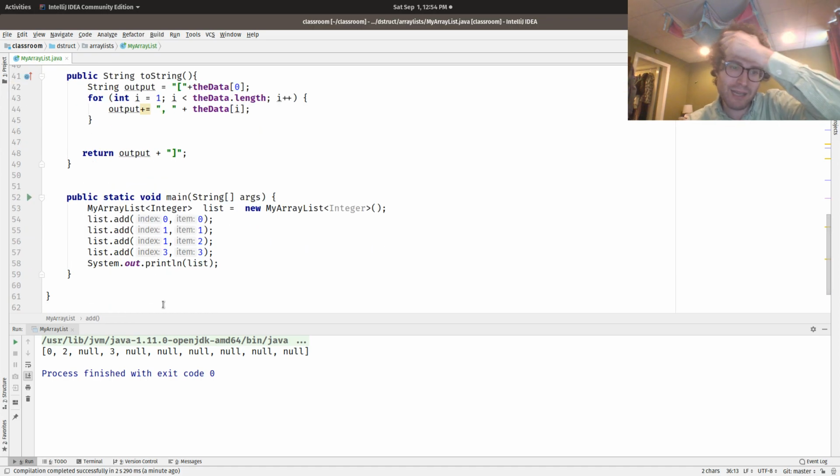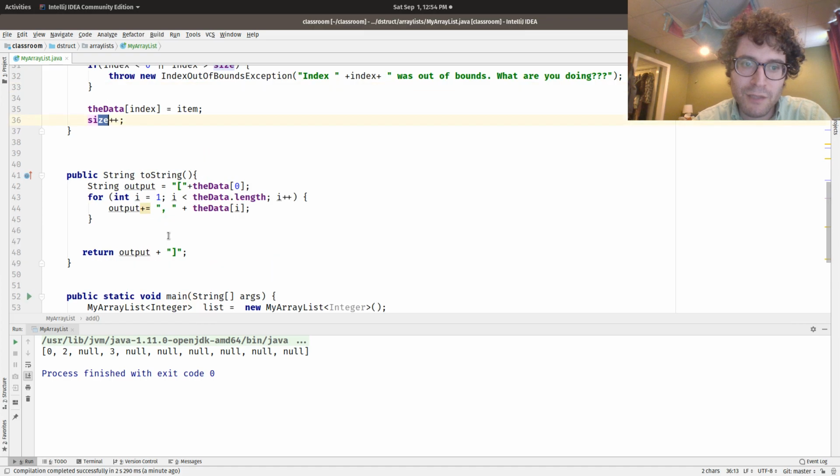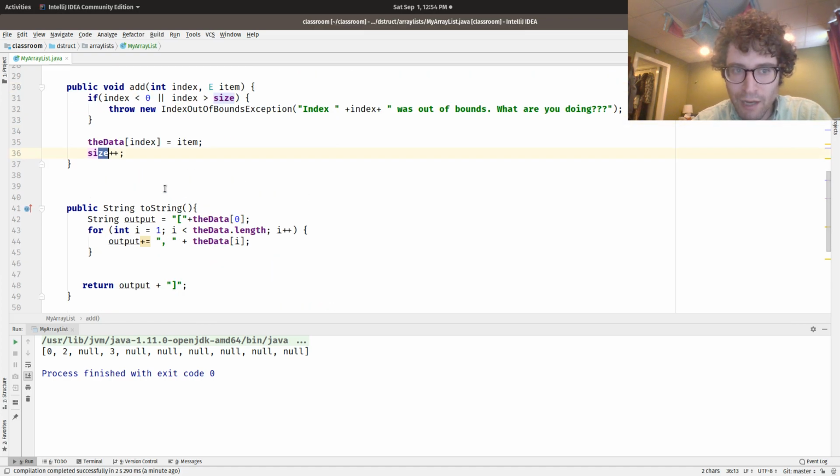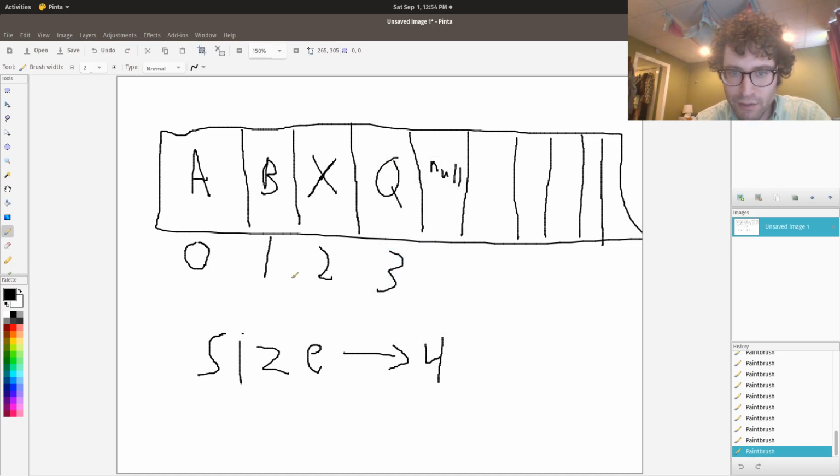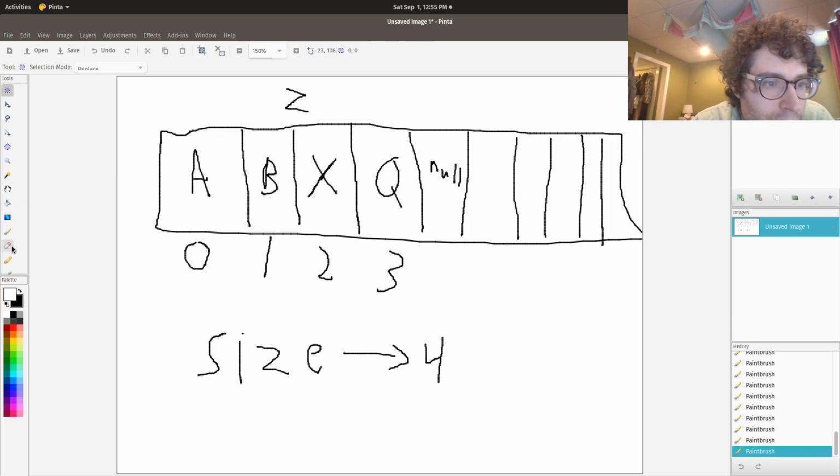So we really need to get that shifting thing down. So how's that shifting thing going to work? We need to shift items over if we're inserting. So going back to this example, I've got a Z here. I want to move X and Q out of the way. So how's that going to work? Well, what I can do is that I can,